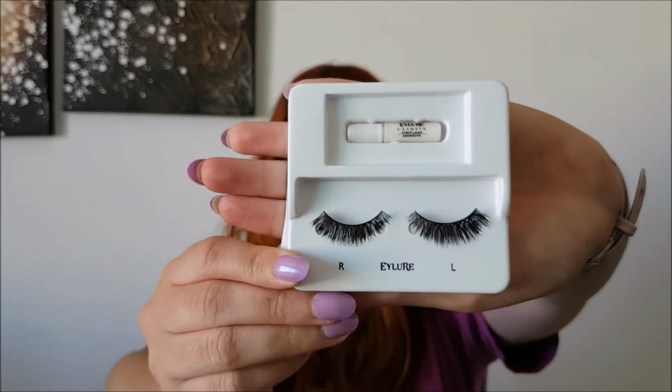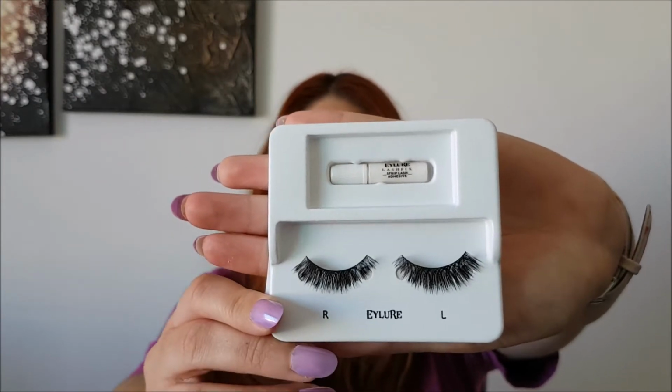So once we've gone on to eye things, I bought something that I've been wanting to try for quite a while now, but we don't get them here in Malta again. And they are the Eyelure lashes from Fleur de Force, and they're called Fleur and Fabulous, and they really look nice, and I cannot wait to try them. Just bring them out of the packaging, and they look like this. Even the packaging is quite lush, really. They include glue, as you can see,